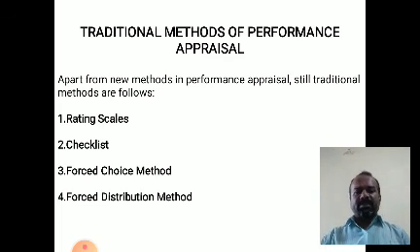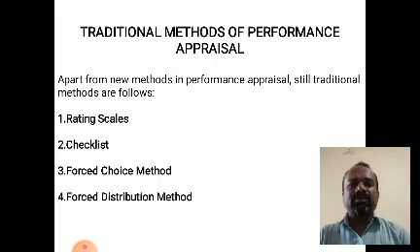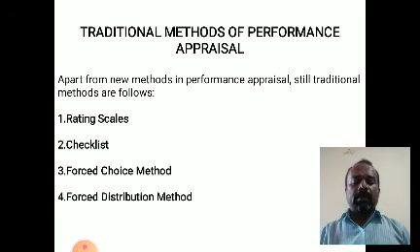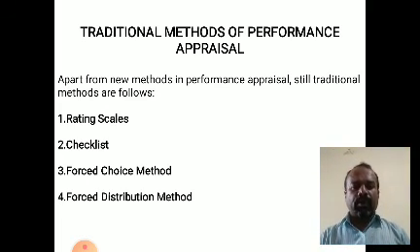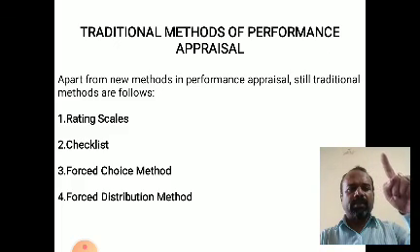This is also one of the best methods used in performance appraisal as a traditional method. In the forced distribution method, when job performance conforms to the employee, there should be a normal distribution, the appearance of the bell curve, because the bell curve is like this. Downward it will start from here, then it goes upward, and then it comes downward. Like this, the bell curve is there.